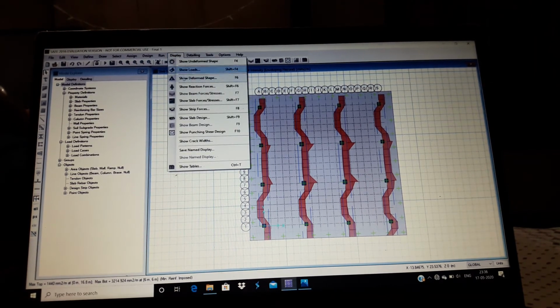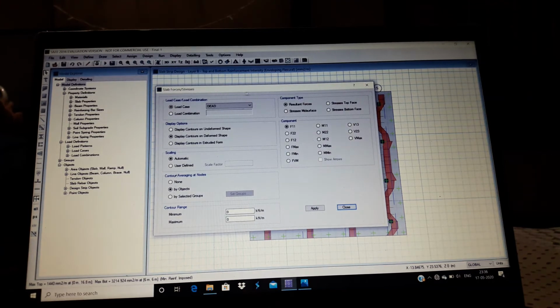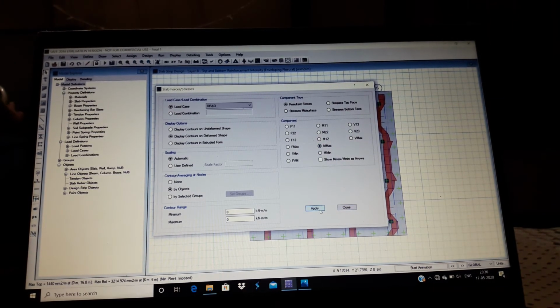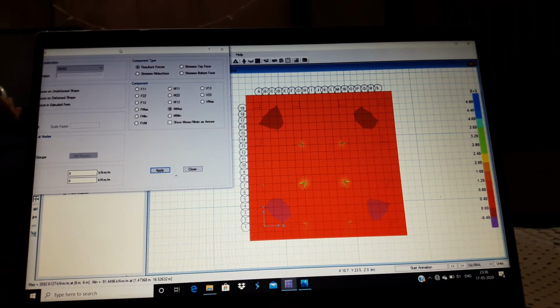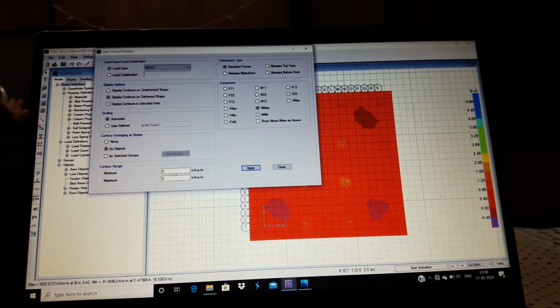Again click on the display menu and then show slab forces and stresses. Here you can click on M max and apply it. You will see this type of picture on the screen and then close it.